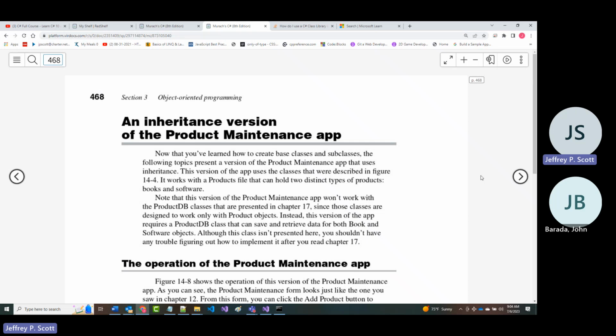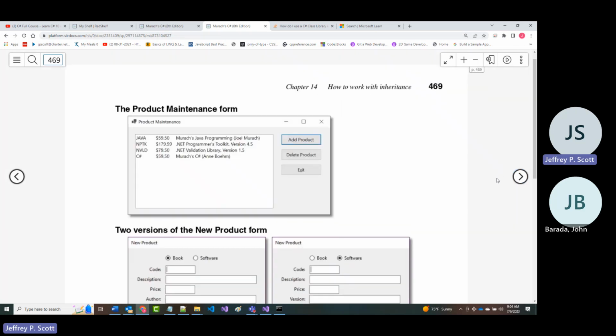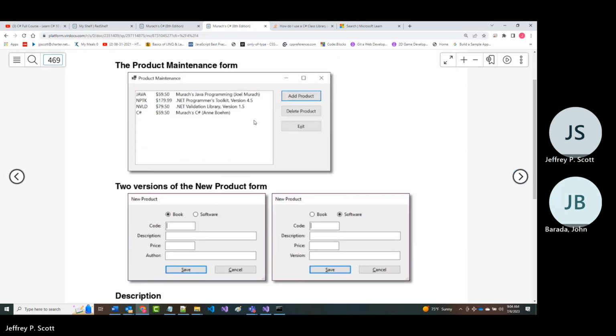That's in chapter 17. So they're going to pretty much skip that. But if you look in here, notice we've got a happy marriage, so to speak, in here of books, software, and books.